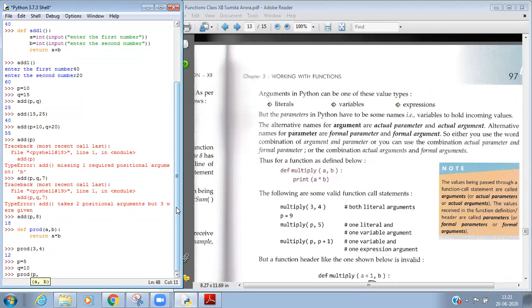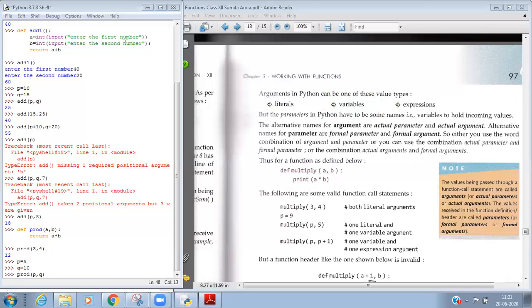The value of p will be received by the parameter a, the value of q will be received by the parameter b, and the product of a and b will be returned by this function.